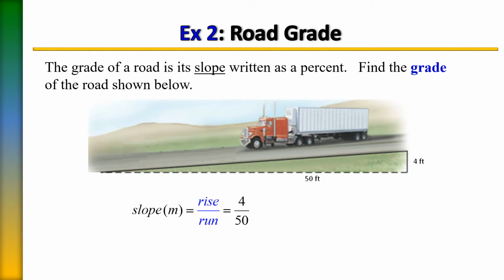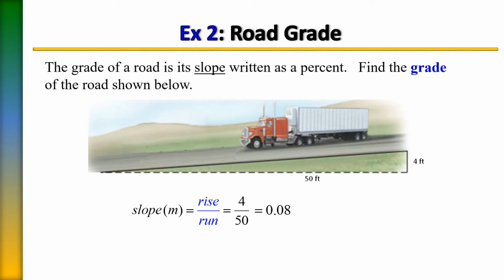Now we don't have to worry about reducing our fraction here, because when you write the grade of a road, you write it as a percent. So to do that, recall all we have to do is divide the top by the bottom, and that will give it to us in decimal form. So 4 divided by 50 is going to give us